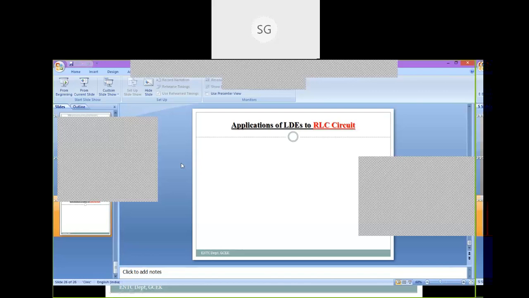Okay, so till now the part was very simple because we are coming across only first order equations. But the RLC circuit involves two energy storing elements, that is L and C. That's why we have a second order differential equation. What the form is, I will discuss. But please tell me whether you know how to find the solution of such a second order differential equation.